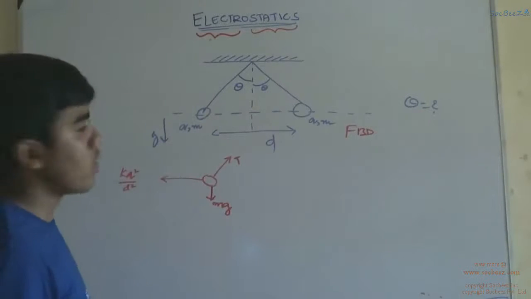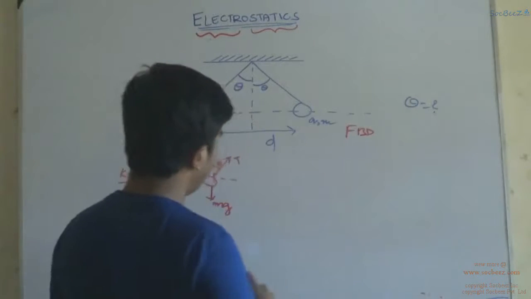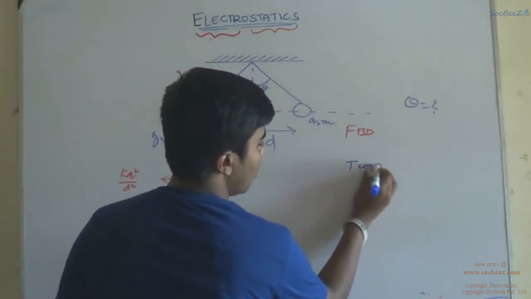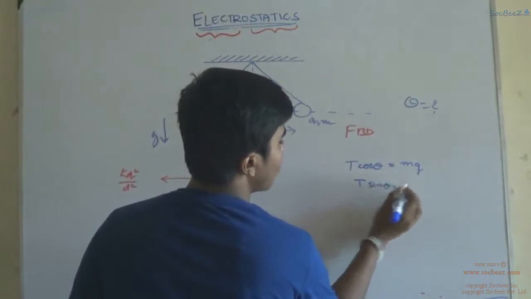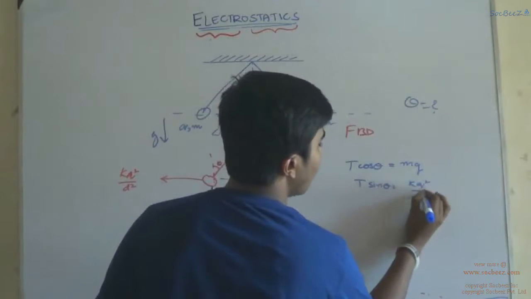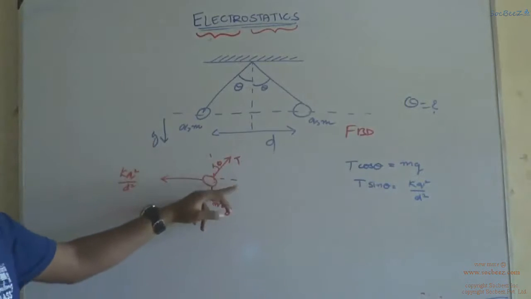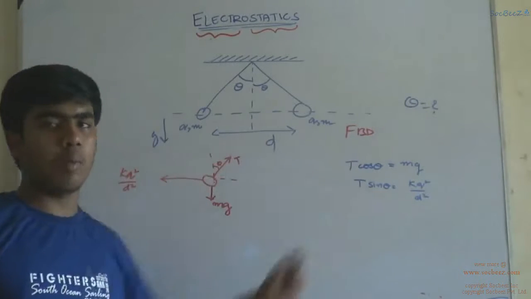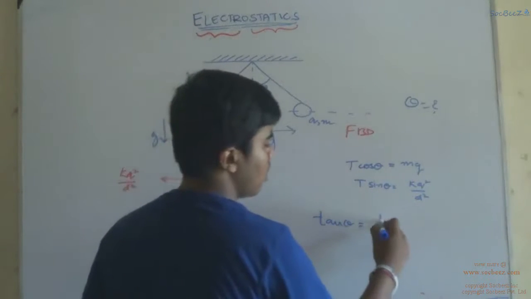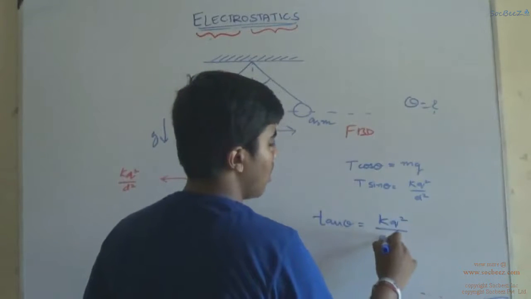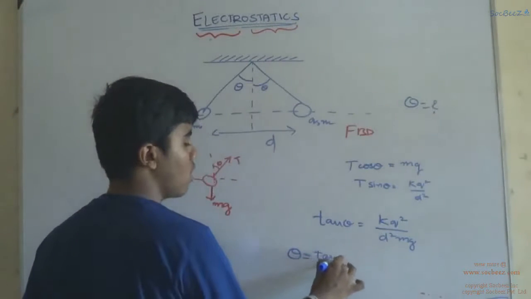Now if this is in equilibrium, what would I say? See, this angle is theta. I would say that T cos theta is equal to mg and T sin theta, the component along the horizontal direction, should be equal to kq square by d square. Now you divide both, you get tan theta is equal to kq square by d square mg. So theta is equal to tan inverse of